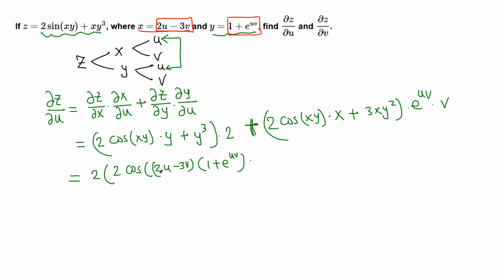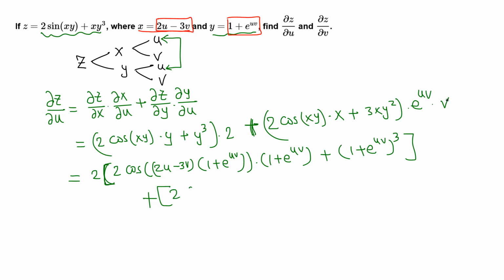Okay, this is the whole cosine xy, this is like an angle, times y. So let me put this bracket, times y, y is 1 plus e raised to uv, plus y cubed, that means this quantity 1 plus e raised to uv cubed, 2 is already outside, this is the first, plus